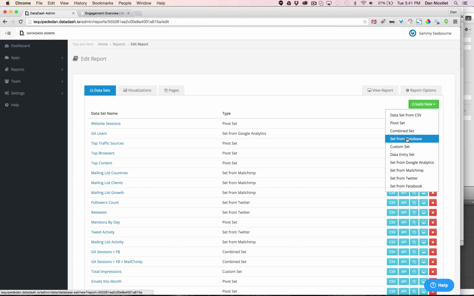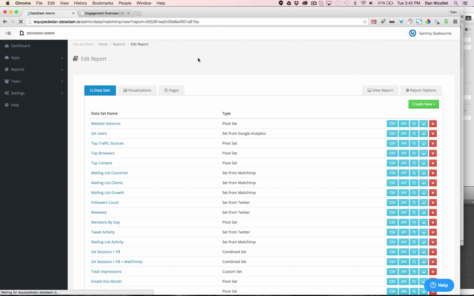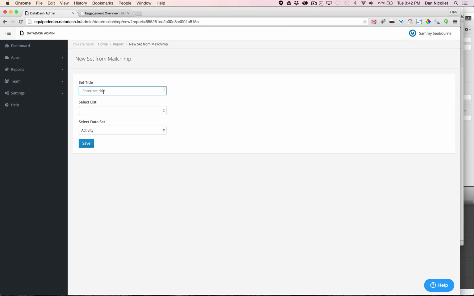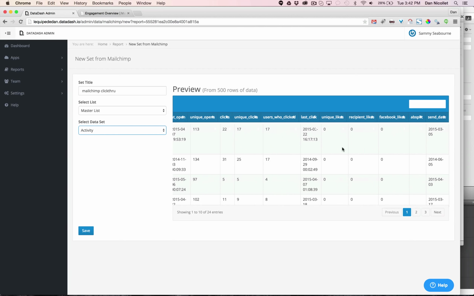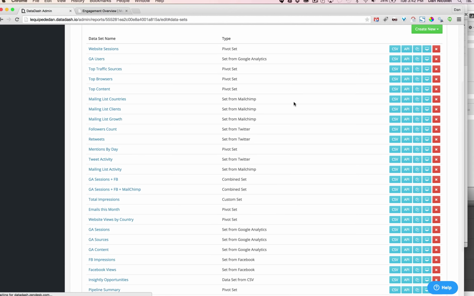I'm going to add a new MailChimp data set, which I'm going to seek to enable with specific activity about the click-through on the emails that have been received by my MailChimp campaign recipients. I'm going to call the dataset MailChimp click-through. And you can see on the activity dataset that's provided by MailChimp, we have things like clicks and unique clicks. I will save this data set,